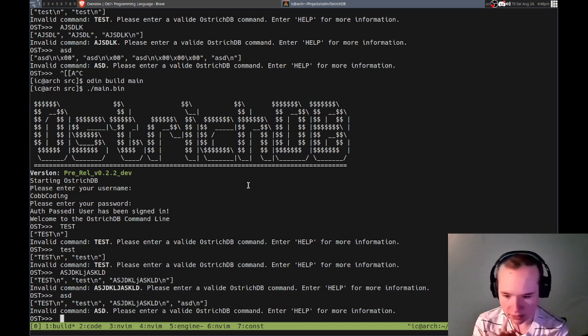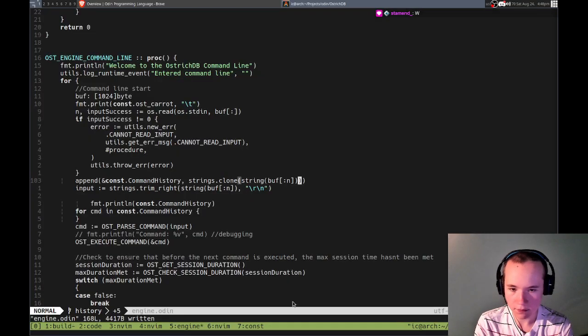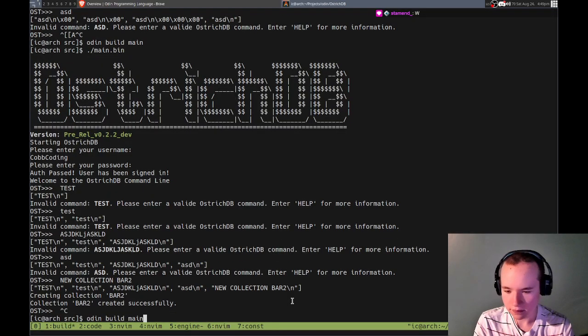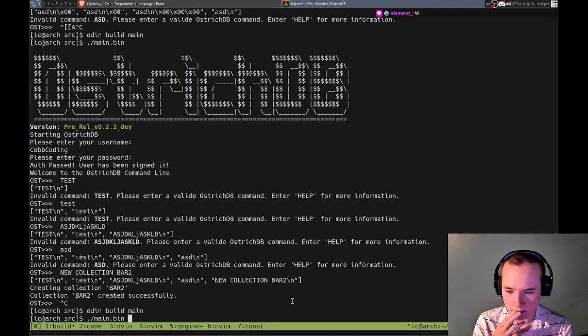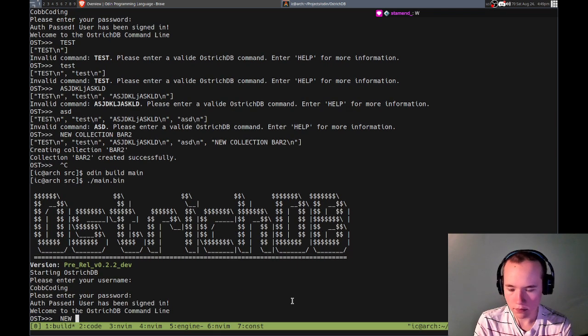Right, so I'm just putting it out like this, but you can iterate over it like how I was doing before. So then new collection, and we'll call it RT. W? Yes, we got it. Yeah, so it does that, and it saves the command. I think we want to strip it though. Do it after that, and we can do strings.clone input. And that's what we use instead of this. New. Right, so we won't save the previous ones, but I don't think we need to save that. So